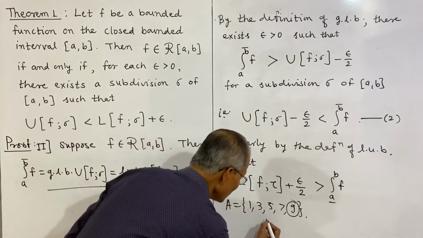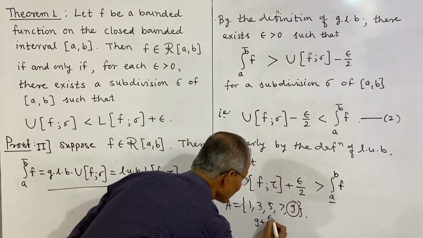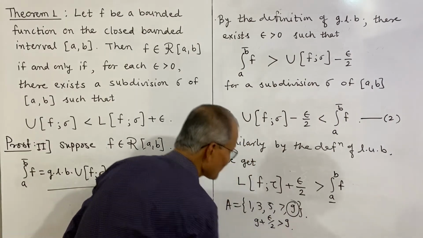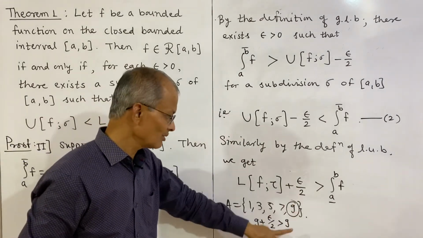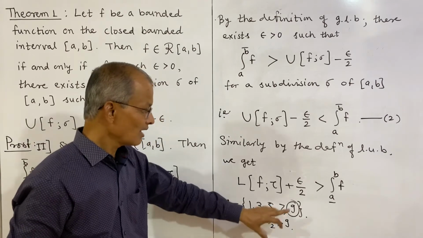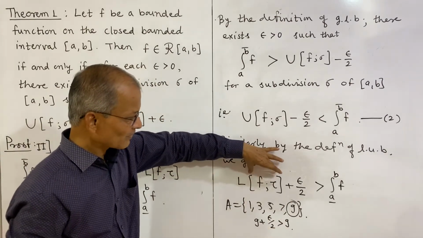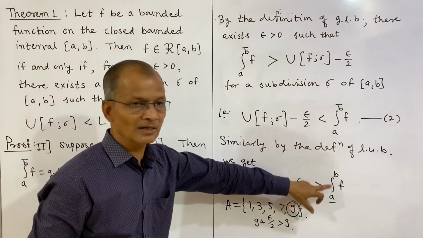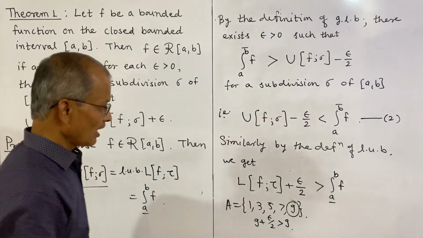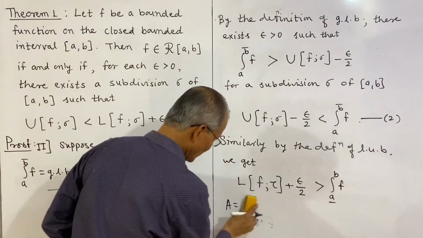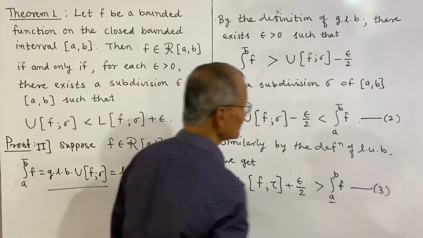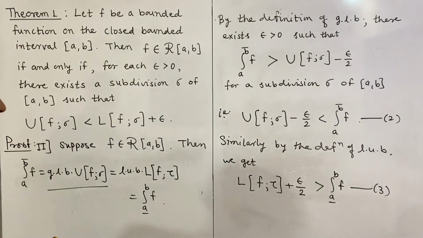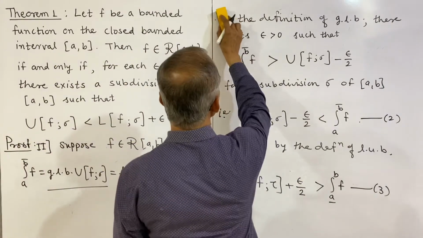So we can write this as 9 plus epsilon by 2 will be greater than 9. If you add epsilon by 2 to this member, that becomes greater than 9. So therefore a lower sum plus epsilon by 2 becomes greater than the lower integral, and we shall suppose this as our third relation, and now we can combine 2 and 3. So from 2 and 3 we will get,